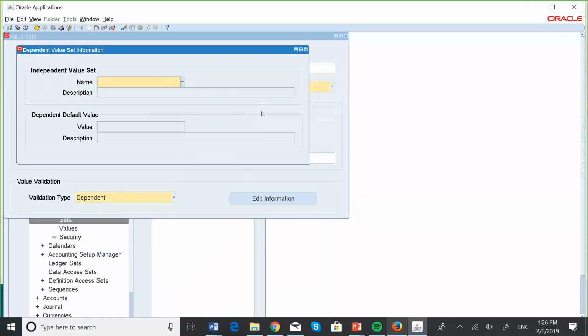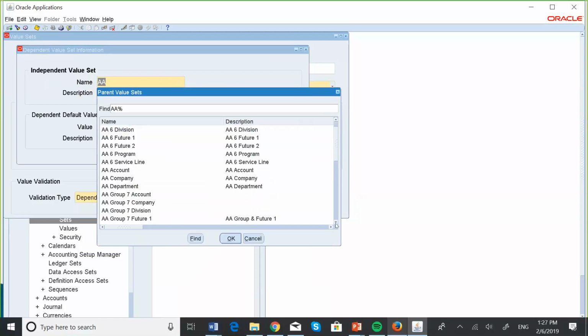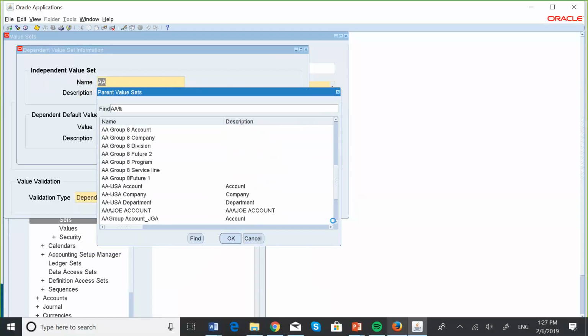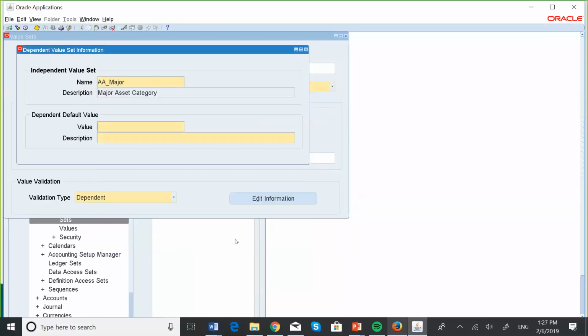What this does is it asks you first which is the independent value set upon which this dependent value set is dependent. Sounds like a tongue twister. So this should be AA major asset category, and